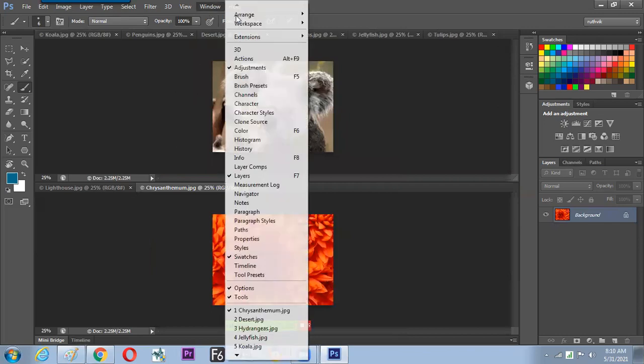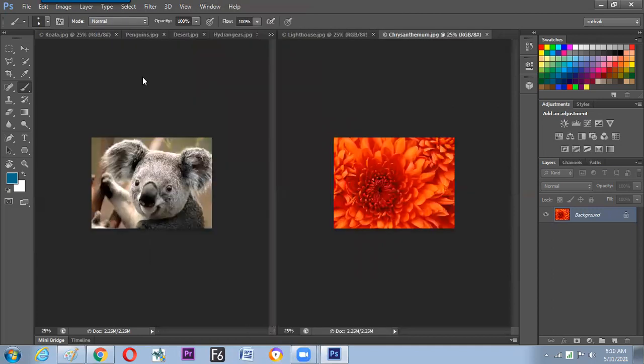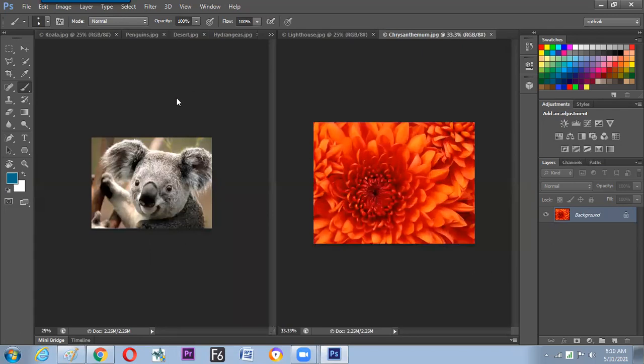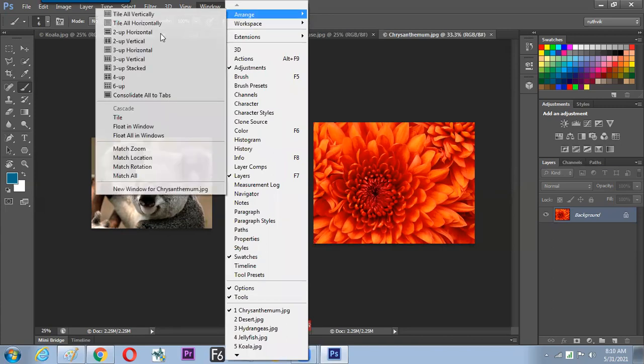It is Two Up, or else you can switch to the Two Up Vertical. Often we need this kind of arrangement while working with these photographs to have a comparison, and it will make us place the things systematically. Various kinds of arrangement are there.